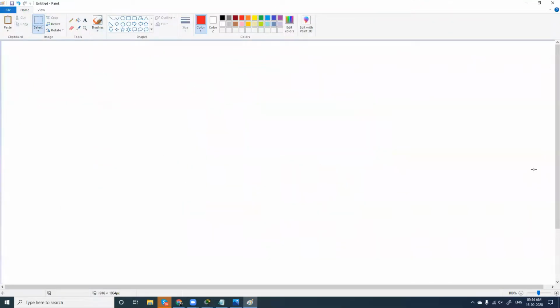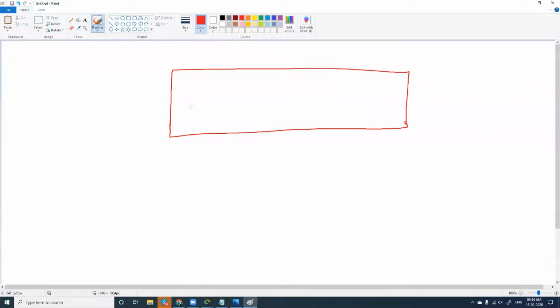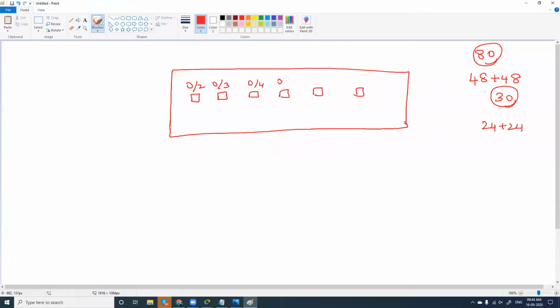Again, a graphical representation of this switch. The number of ports of a switch, whether you choose a 24 port switch or a 48 port switch, depends on how many computers you have. Say, for example, you have 80 computers in your LAN. You can choose 2 48 port switches. Or you have 30 computers in your LAN. You can choose 2 24 port switches, or any combination. The port number is based on the number of computers required. So let me give the ports here. This is port number 0/2, this is 0/3, and this is 0/4 and 0/5.